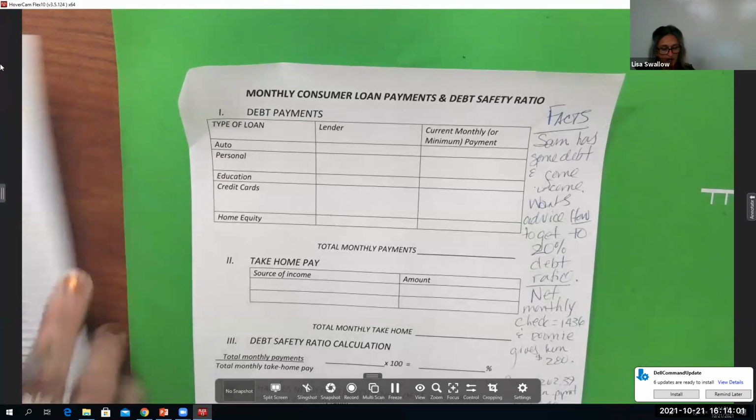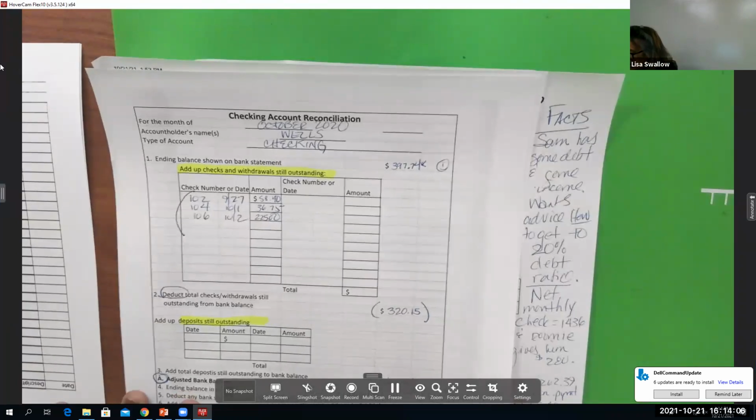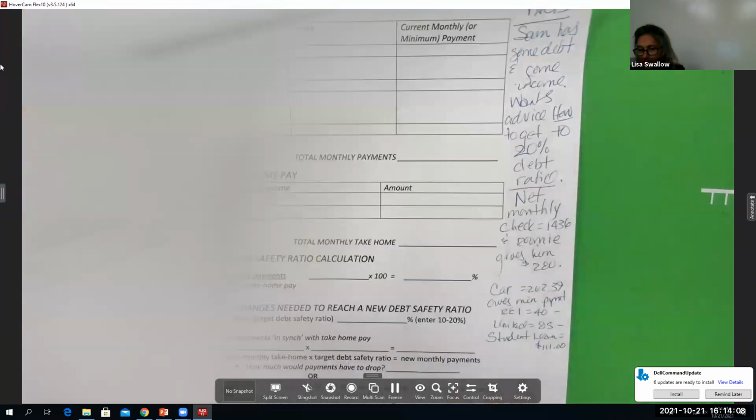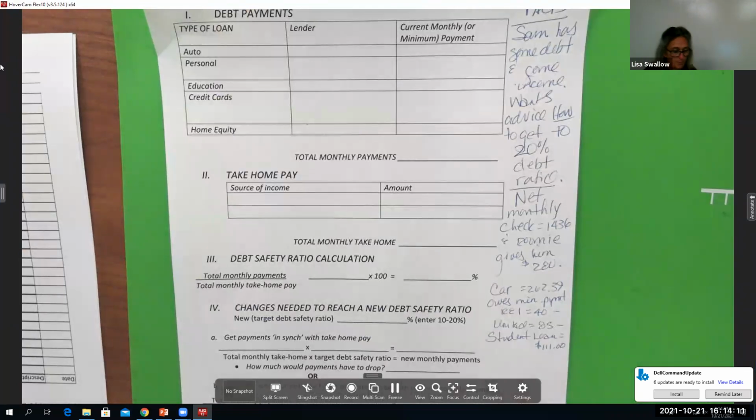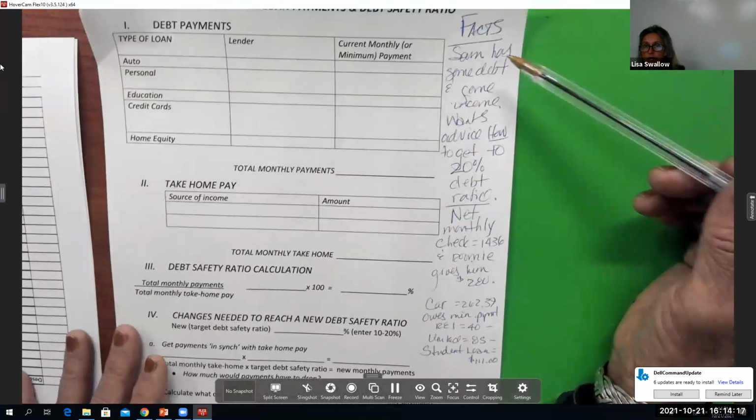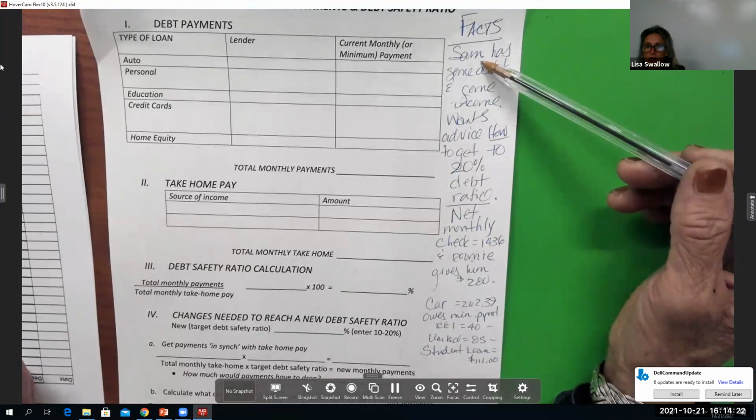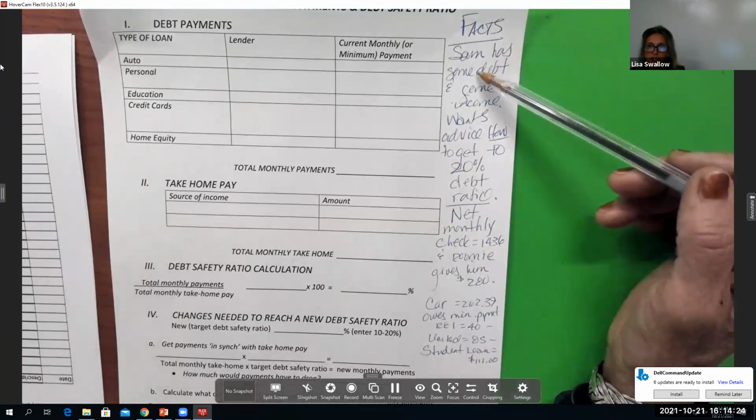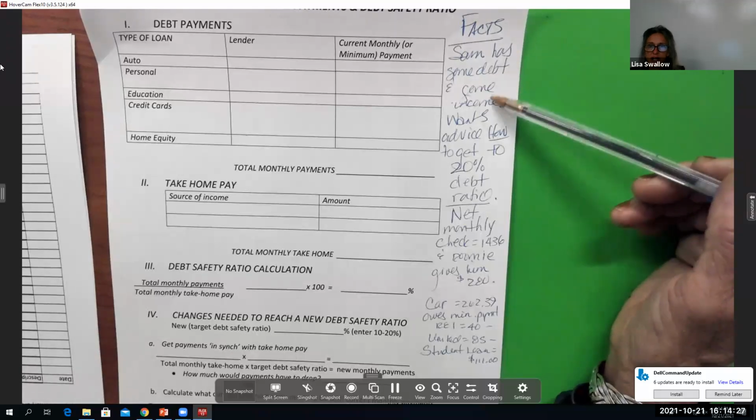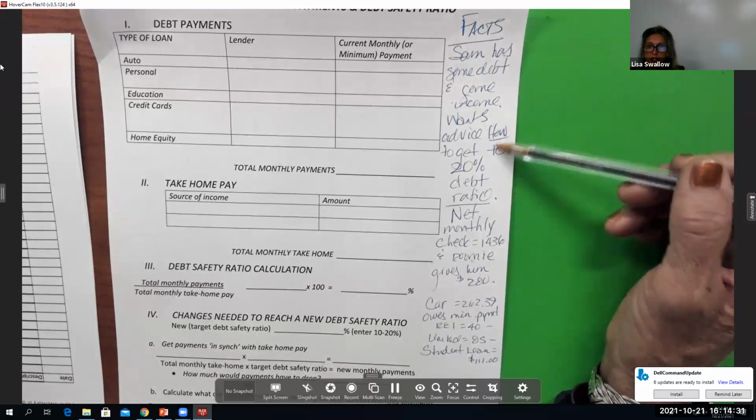So the first thing I want to do is just introduce you to the facts, which are over here. Just stick with me here, and you can write these down somewhere else. So what we're looking at is we've got our friend or client or ourselves, whatever, Sam. He's got some debt and he's got some income, and he wants advice on how to get to the 20%